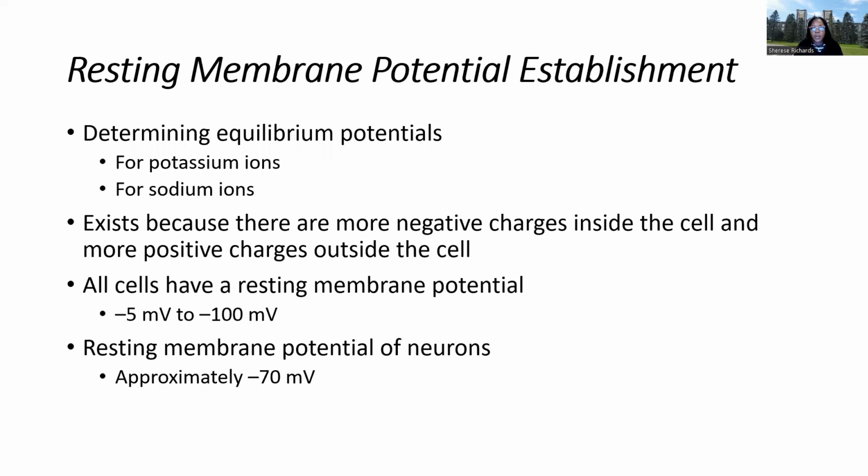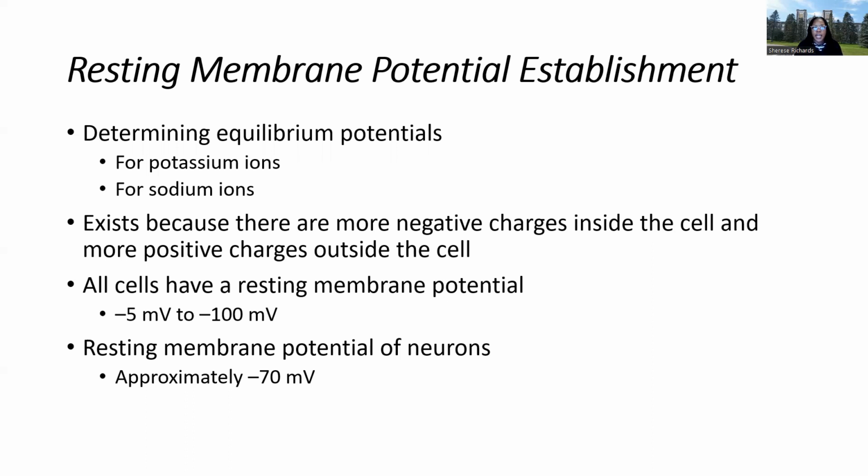So we're going to determine the equilibrium potentials for potassium and then sodium, because we know that both of these ions are moving in a typical neuron or muscle cell. And so in order to better understand how they contribute to the resting membrane potential, we're going to isolate them for a little bit, look at them independently, and then think about how they can collectively bring about that resting